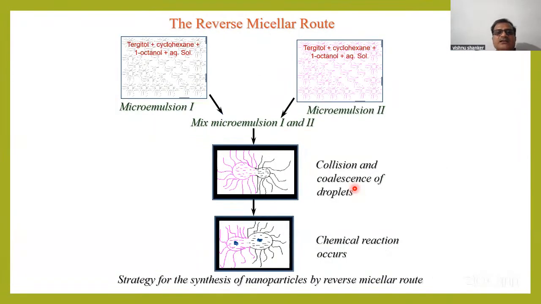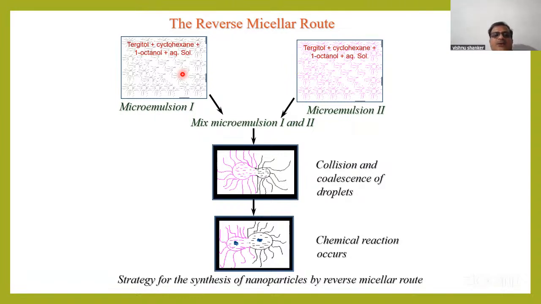This will give a further clear picture. So this is how to make the nanomaterials. Suppose you want to synthesize an AB nanomaterial, where A is one metal and B is another metal. What you have to do is take the precursor of A and the precursor of B, and for